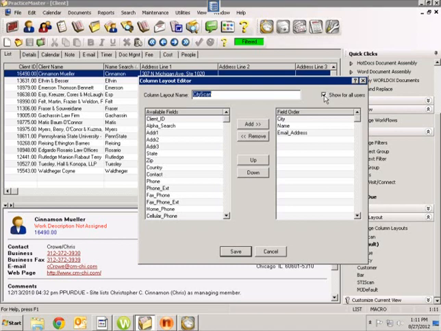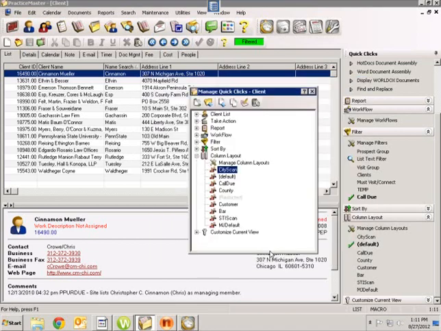So kind of the flip side of what we're giving you as functionality in filters, we're now giving you the ability to hide column layouts from other users and have them apply only to you. If we go into Sort By,